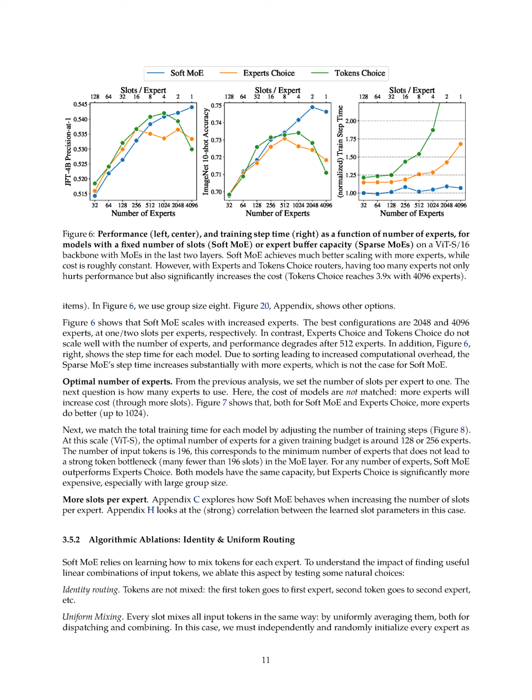In soft-uniform, we learn to mix tokens when assigning them to experts, but we average all expert outputs uniformly. This means that every input token is updated in the same way before the residual connection. In uniform-soft, we fill all slots with the uniform average of the input tokens, but we learn to mix the expert output tokens based on the input tokens.